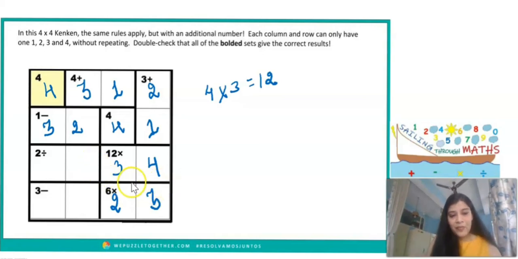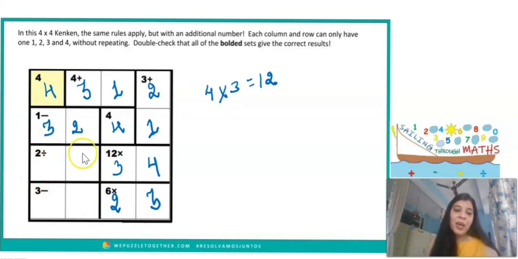Now see, if you will multiply 2 into 3, what are you going to get? 6. So this is just another way of checking whether the numbers which we have obtained here are correct or not. And we can clearly see that they are correct. Now see, 3 and 4. Now I'm talking about the third row. We can clearly see that the numbers 3 and 4 are already used. So the numbers which are going to come here in these two blocks are going to be equal to 1